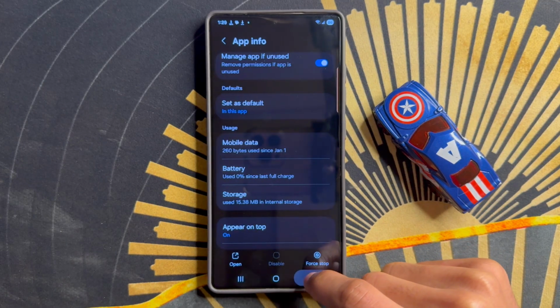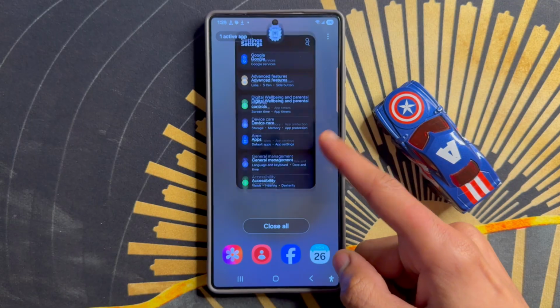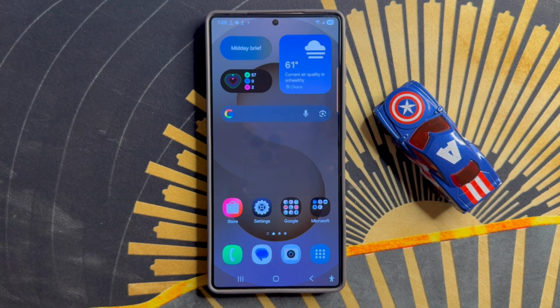After the process, go back to home screen, refresh phone. So that's how you can fix gallery app not